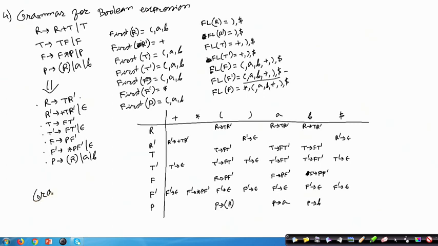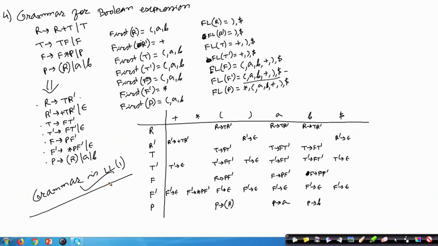So, this grammar is LL1. Okay. So, whenever we try to answer the question whether a grammar is LL1 or not, the safest way is to do this, and if we need to construct the table directly, we can also do it like that.